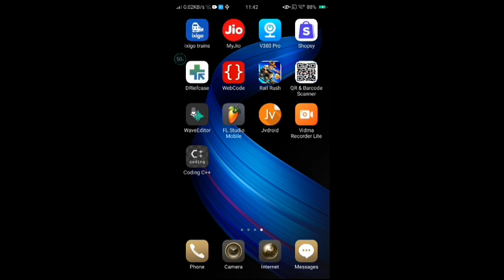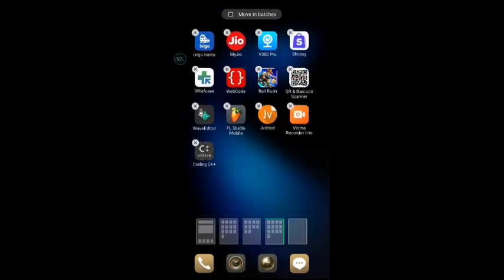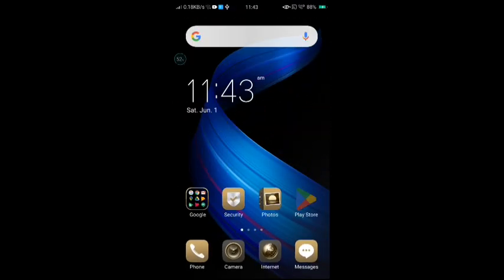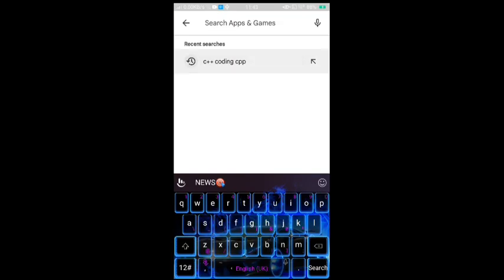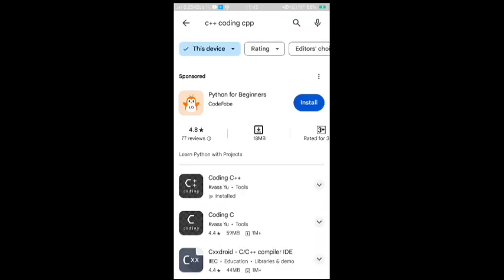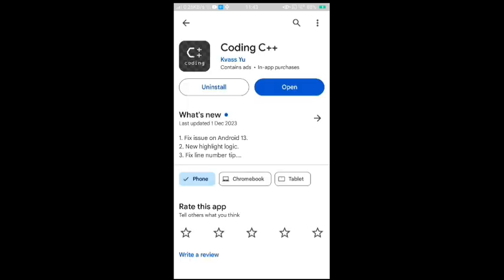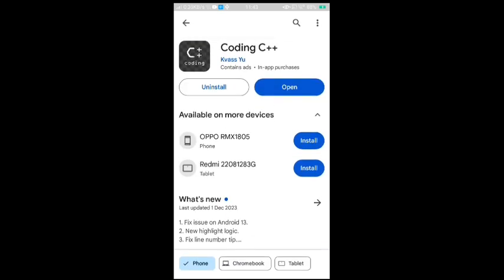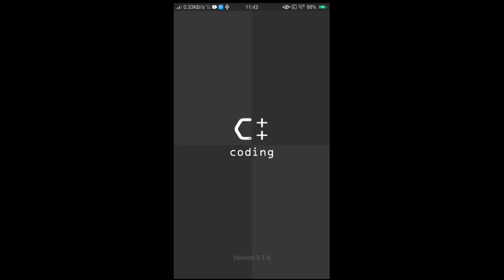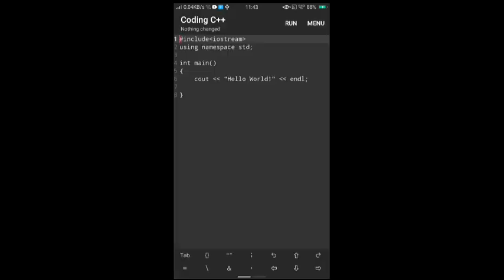So to run C++ on Android, install this app. This app is seen here. You can download it freely from the Play Store. C++ coding. And this app is installed, so I will open it, and here you will see a simple interface prepared for